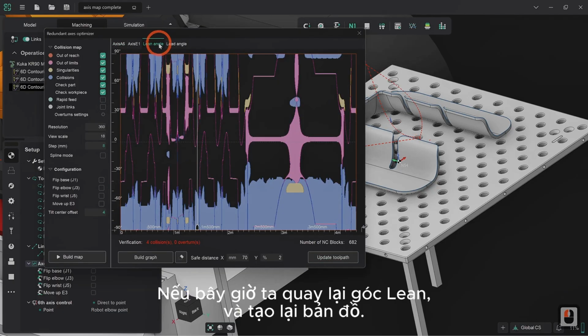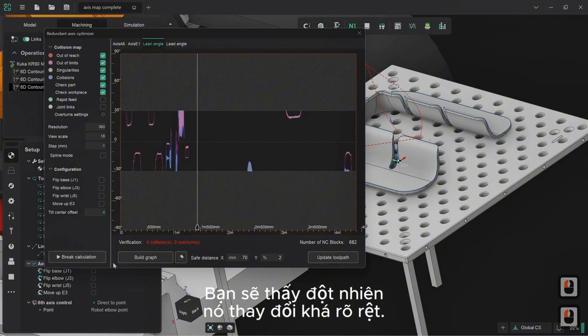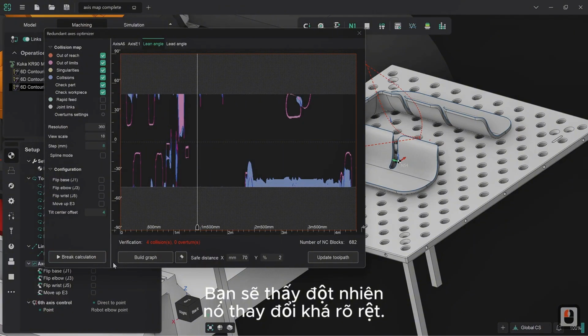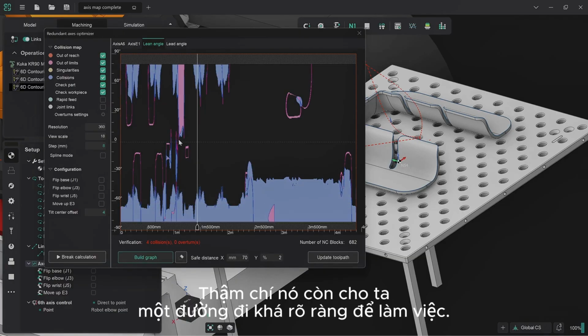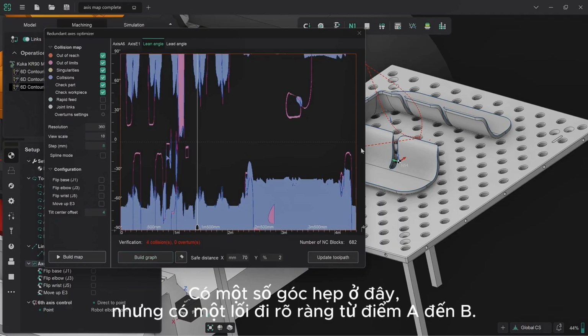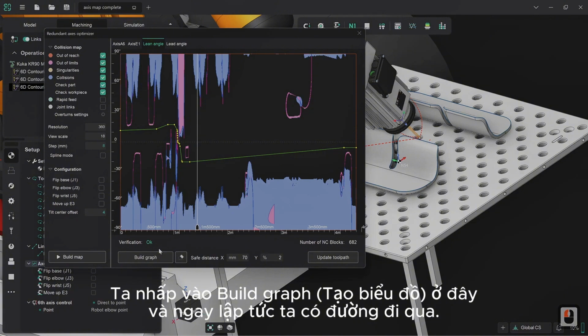So if we go back into lean angle now and we rebuild the map, you'll see that all of a sudden it's changed quite drastically now. If anything, it's actually given us a pretty clear path to work through. There are some tight corners here, but there is a point A to point B clear traversal available to us. So much so that we can actually use the automatic tools at this point. So we click on build graph at this point, and suddenly